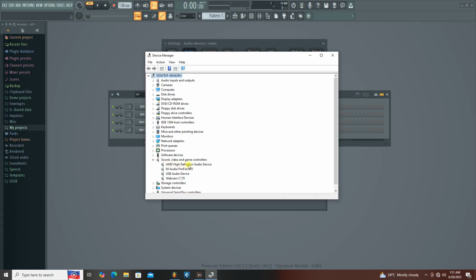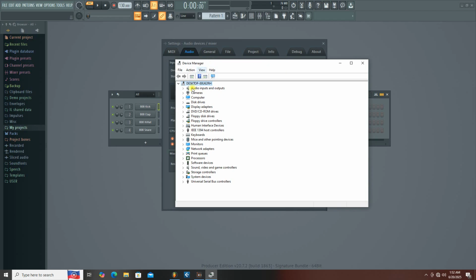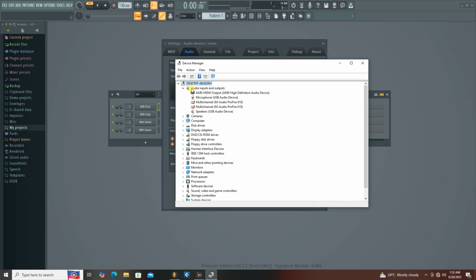This is also the system sound card, but particularly I was not able to hear my voice through my screen recorder, which is actually the USB device, the microphone USB that I'm using. So I was only having this particular device option here. But I now noticed that this particular audio input and output was not showing. That is exactly what I noticed, which simply means that if this audio input and output is not here, you